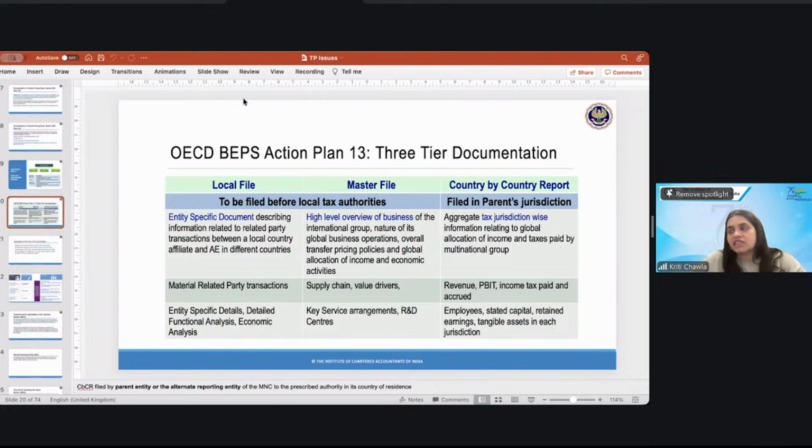So the Indian tax authorities, if you look at it from the Indian perspective, are sharing information with other jurisdictions on a request basis or an automatic basis. This is also provided on the Income Tax Department's website, on how information is shared with other jurisdictions. Because of information sharing, all this is possible. What they're really trying to do is match the information to make sure everything is in sync and there is no tax leakage,